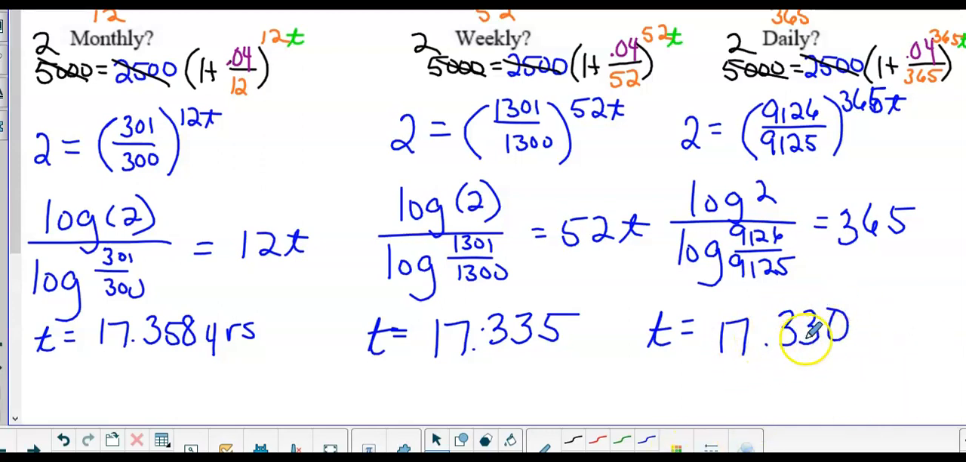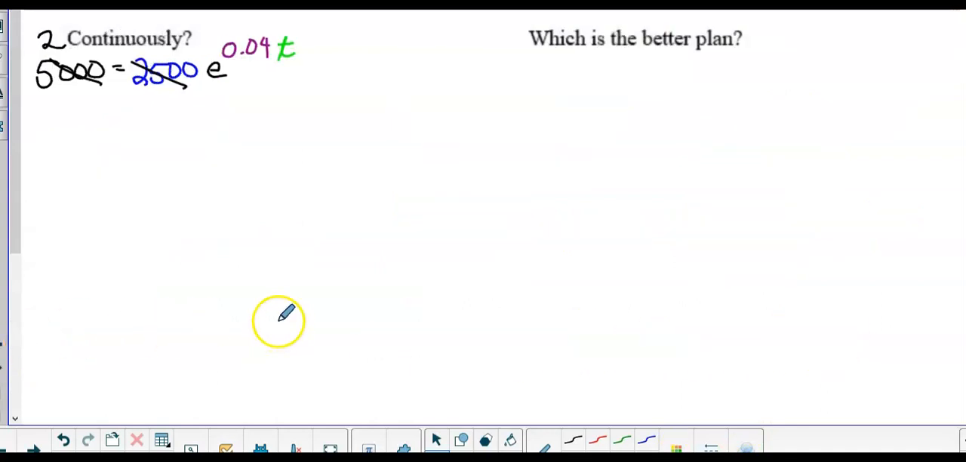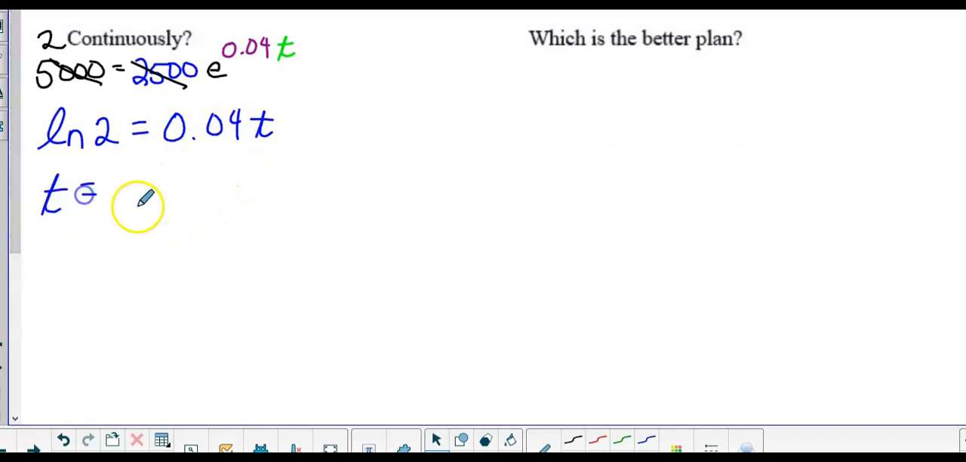So we're still getting better. The numbers are getting smaller, so our time is getting less. And the last one, if you enter this in your calculator with the E, we'll rewrite this. This is ln2 equals 0.04t. And so you enter ln2 and then divide that by 0.04. And you should get